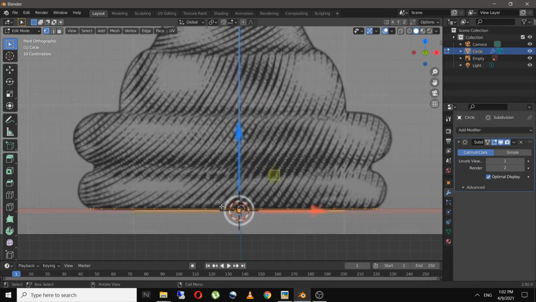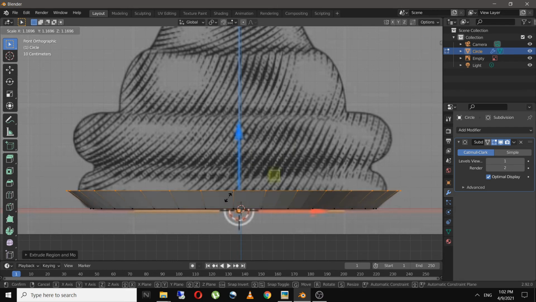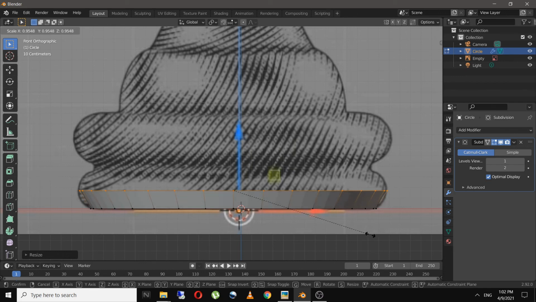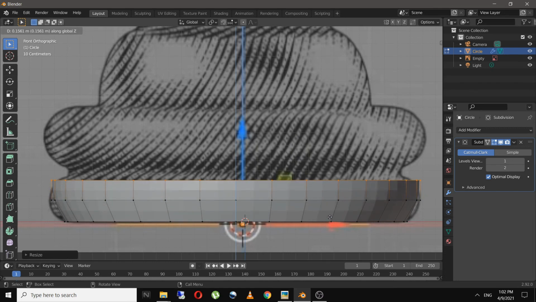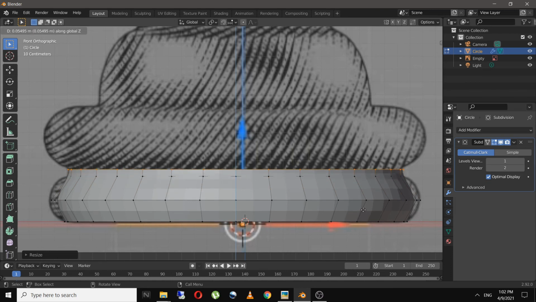Now in edit mode, I will extrude it on the Z axis, somewhere like this, scale it to match the edges of the image, and then extrude it again till here and scale it down, extrude it again on the Z axis.